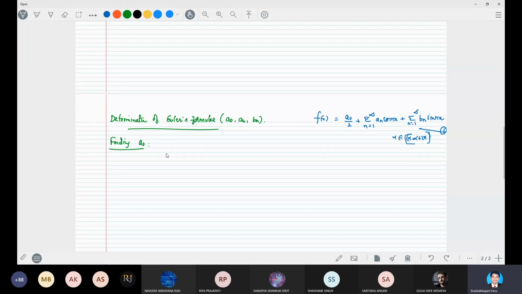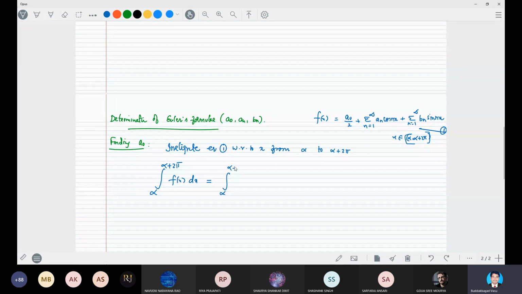Integrate equation 1 with respect to x from alpha to alpha plus 2 pi. Once you integrate this, the integral from alpha to alpha plus 2 pi of f(x) dx is equal to